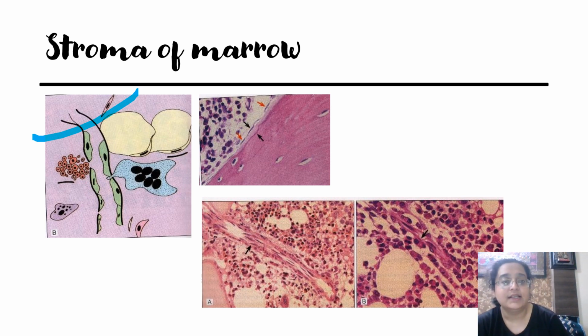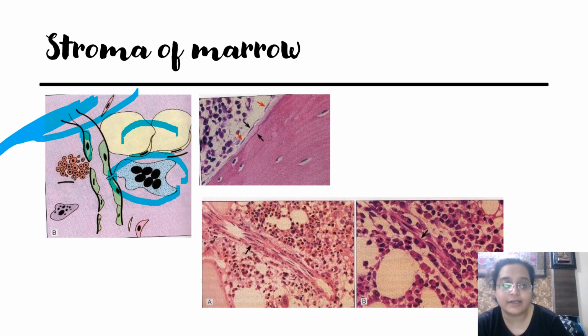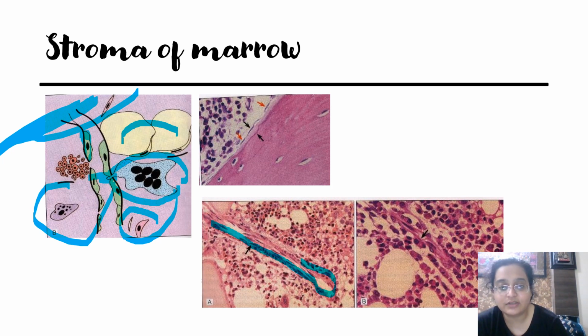So here you can see that this is a blood vessel, this is an endothelial cell. In this, please see this image, this one. Okay, these are fat cells. This is a megakaryocyte trying to get into the bloodstream. This is how platelets form and come into the bloodstream. There are fibroblasts, there are some hematopoietic cells. Here you can see this is a blood vessel. This entire slit-like structure is a blood vessel, and it will have endothelial cells as is seen over here. Okay? And these are osteoblasts.